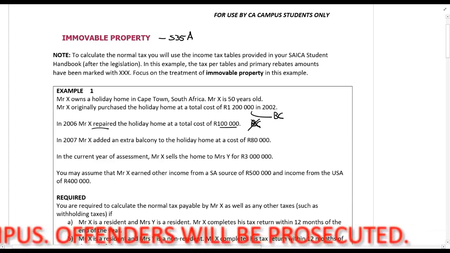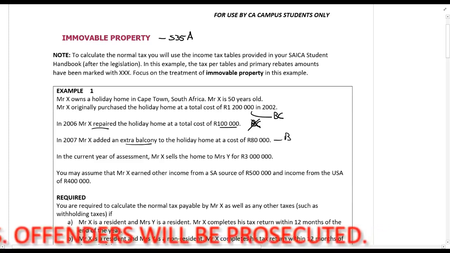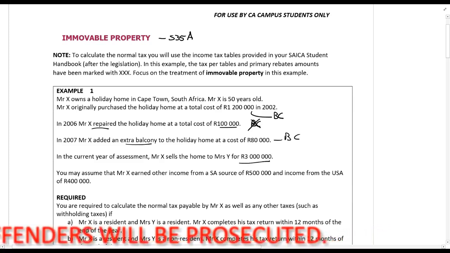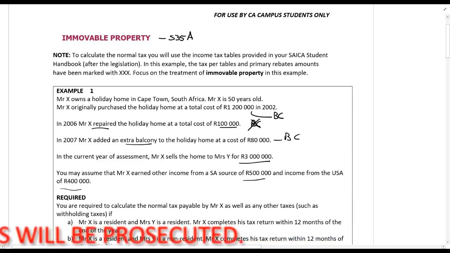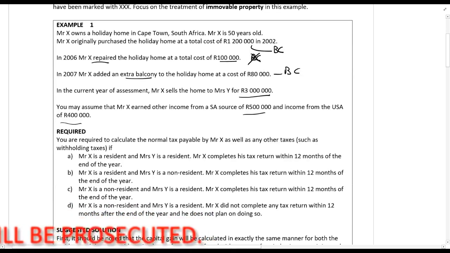In 2007, he added an extra balcony. That's base cost. He sold it for 3 million. You may assume that he had other income from a South African source of 500,000 and income from the USA of 400,000. Then I ask you,